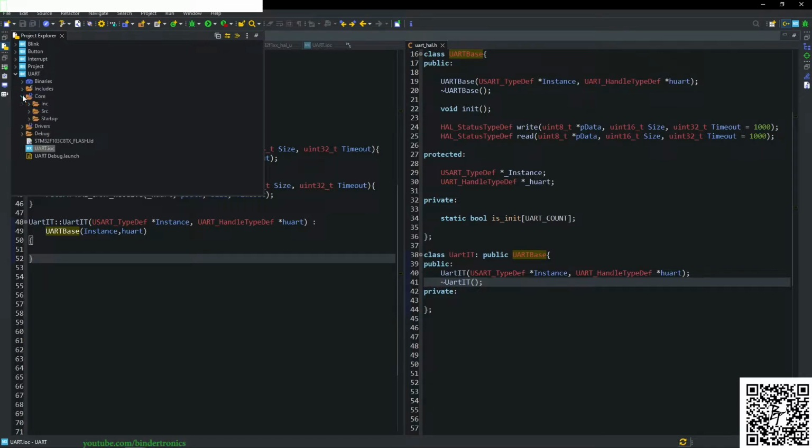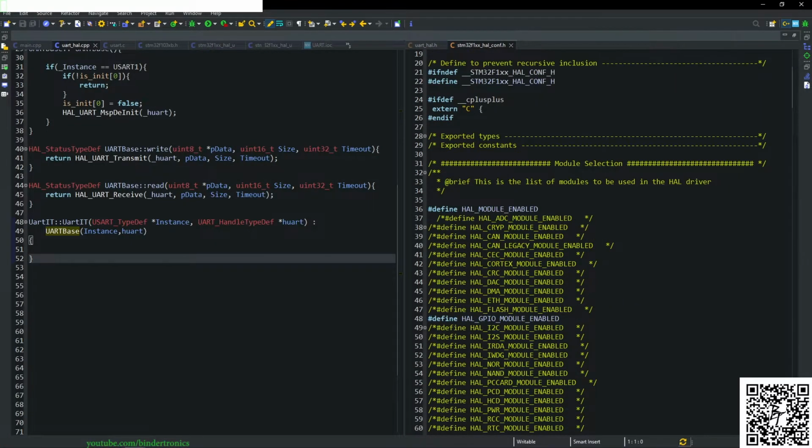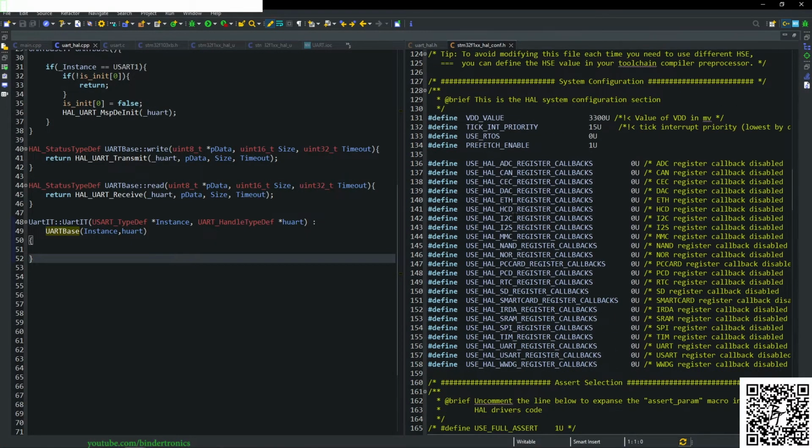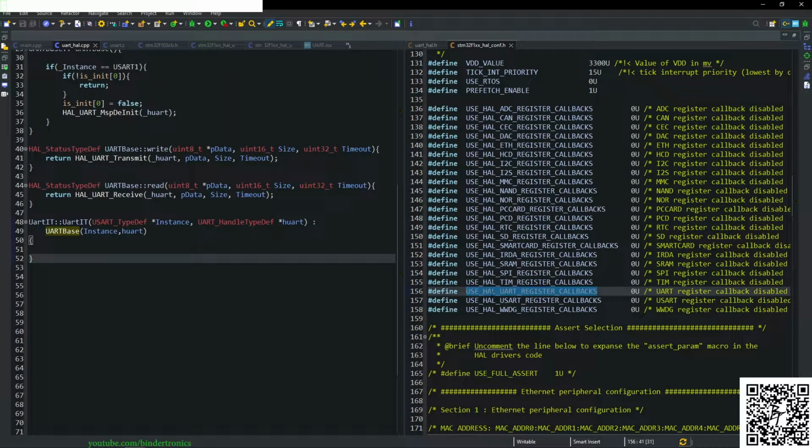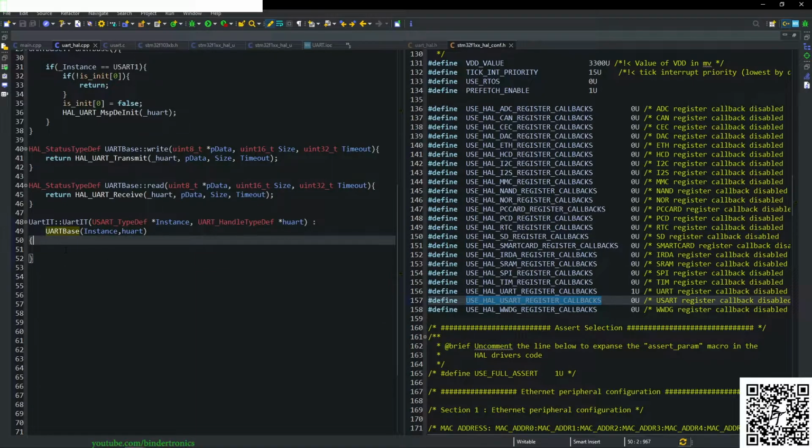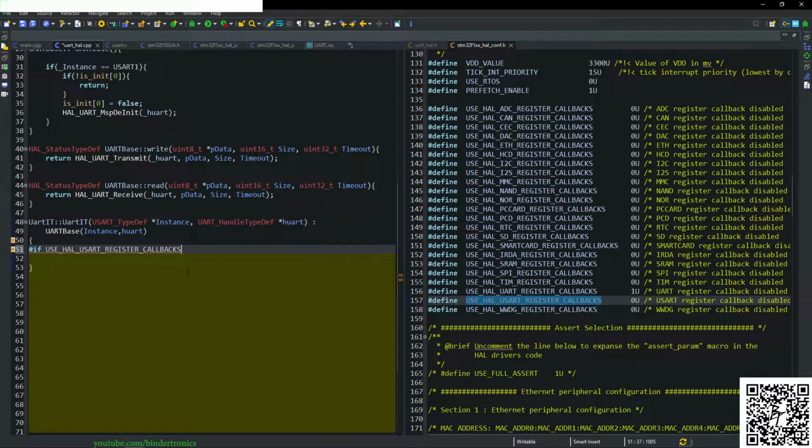So what we're going to do is go to Core, then Includes, and then I believe the HAL config. Yes, it is the HAL config. And we scroll down, and then we can see USE_HAL_UART_REGISTER_CALLBACKS. What we want to do is set that to 1, and I will explain in a bit why we have to set that to 1. Then in our constructor, we say if the UART HAL register callbacks is not equal to 1,